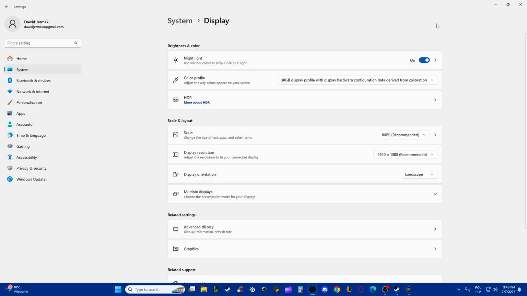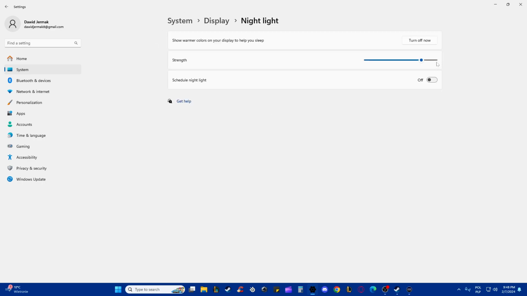When you click on the switcher, you are going to turn it on. And when you click on this arrow, you can customize. So we can set the strength level by moving this slider to the left or to the right side. And also you can set the schedule nightlight. So from here, you can set the default one from the sunset to sunrise, or you can also set manually